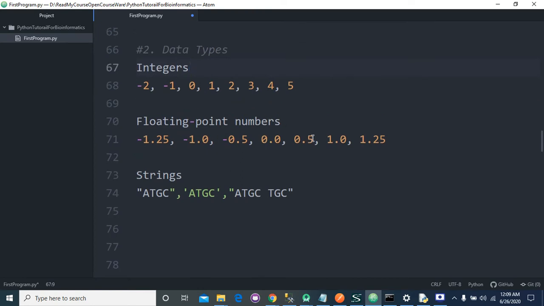Floating point numbers are just float numbers, or you can say real numbers which can contain decimals. And strings. Strings are arrays of characters, and you will create strings like this. You can use double quotes or you can use single quotes.